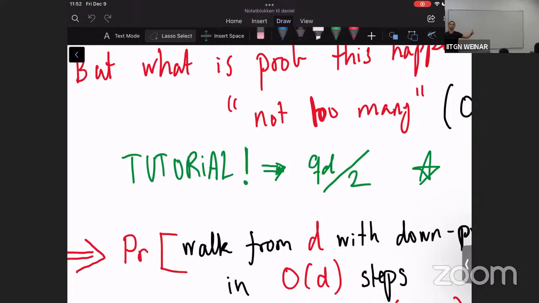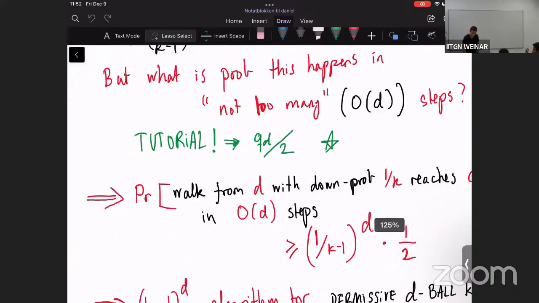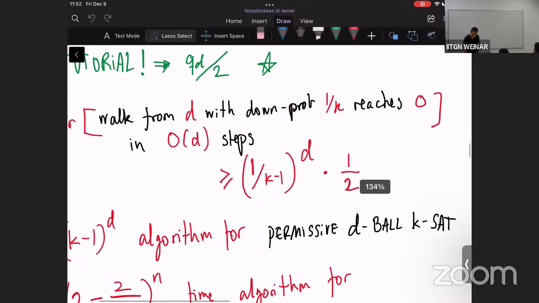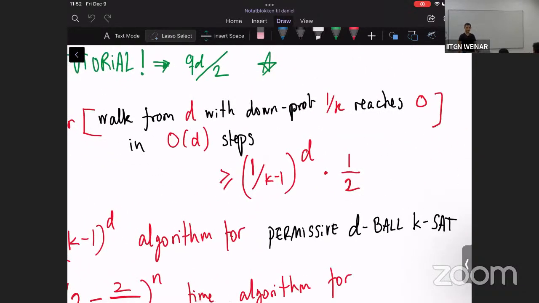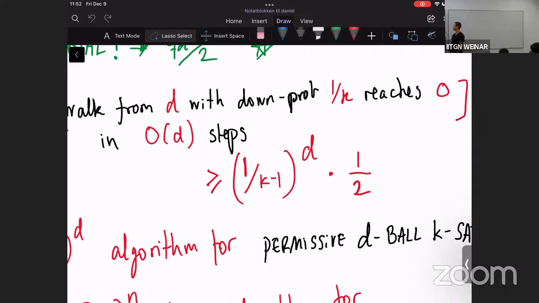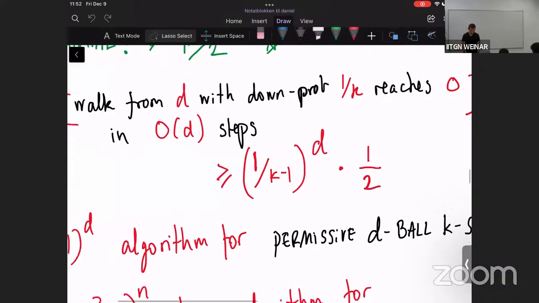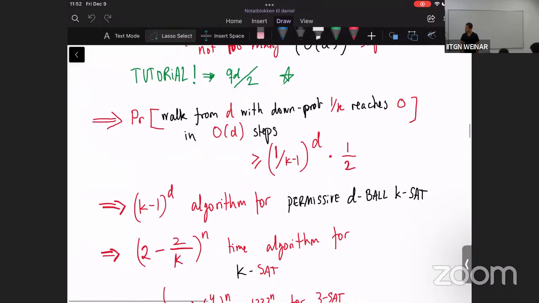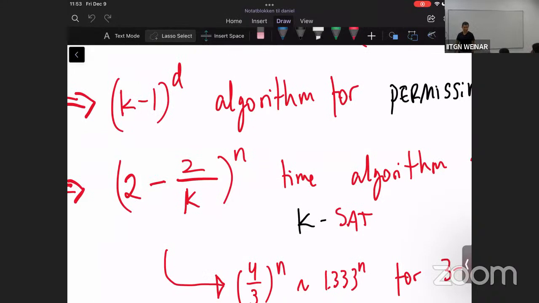It just doubles the number of tries I need to do. Yes, it doesn't double the base of the exponential. So in particular, what this means is that a walk from d with down probability 1 over k reaches 0 in order d steps in (1 over k minus 1) to the d times 1/2. That gives a 1 over a k minus 1, or big O of k minus 1 to the d algorithm for permissive d-ball k-sat, which in turn gives us a 2 minus 2 over k to the n algorithm for